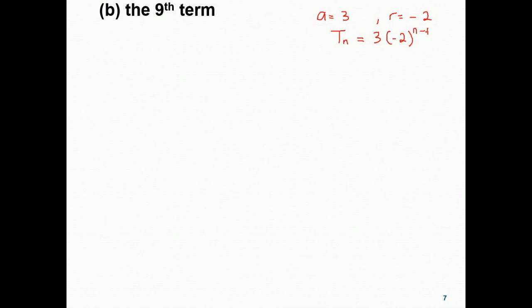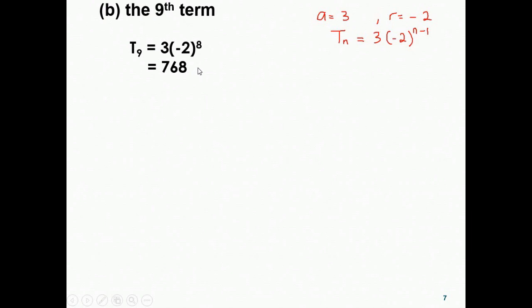Then what is our T9? Just substitute the values of A and R into our formula. Then we have T9 equal to 3 times -2 to the power of 9 minus 1, which is 8,